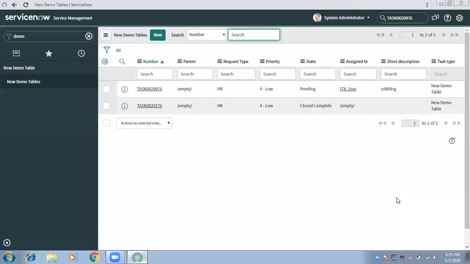In business rules, you will be using the GlideRecord class, sorry, I said glide recording, it's not recording, the GlideRecord class, multiple times. It's kind of everywhere to do any operation. If you need to update, delete, or anything, you need to use the GlideRecord class, because any logic you write is mostly related to the database only. From where will you get the data? You will get the data from the database only, to do any operation, or to display it on some page. To write the script, you need to get the data. To display it, you need to get the data. And from where will you be getting the data? From the database. So you need to use the GlideRecord class.